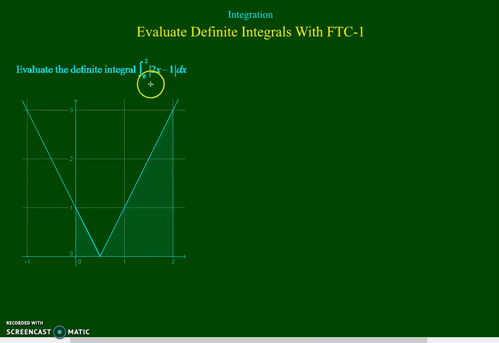In this problem, we need to find the integral from 0 to 2 of the absolute value of 2x minus 1 with respect to x. Now, since we haven't seen any rules that handle absolute value functions per se, we're going to have to get a little bit creative and see if we can use some of the properties of antidifferentiation and integration to work